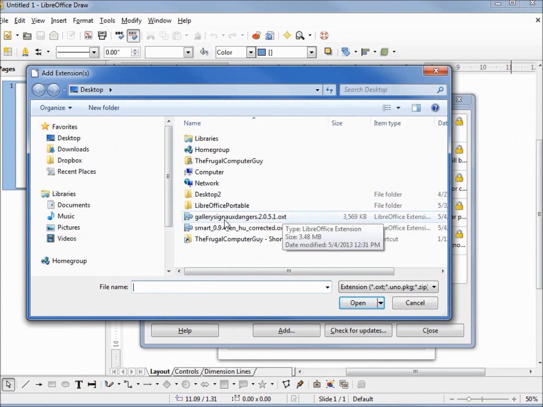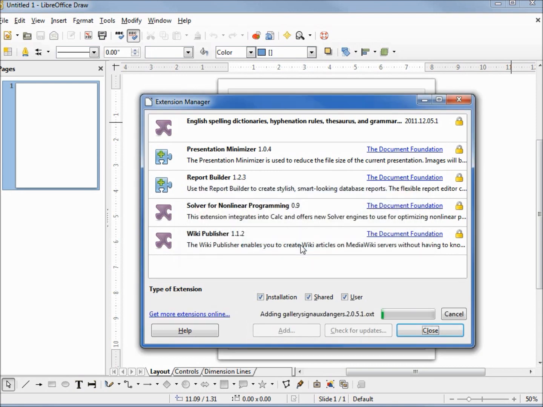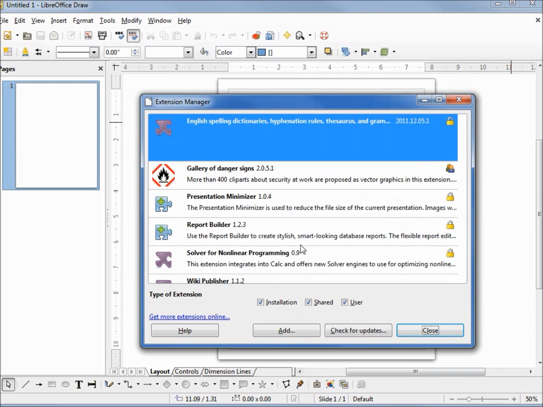There's my Gallery of Danger Signs. Let's add that one. It's telling us to make sure no one else on the system is working in LibreOffice. I'll do it for all users. And there we see that it's installed, Gallery of Danger Signs.